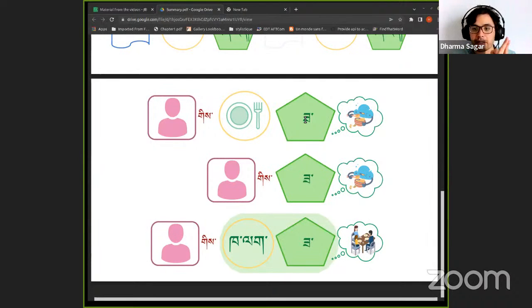There needs to be someone, there needs to be something to be eaten, and there needs to happen the action of eating, right? These three components you cannot do without in any language. And so it is the same for Tibetan. So these three components are organized with the gi here in Tibetan because Tibetan wants to have this particle to mark the subject.